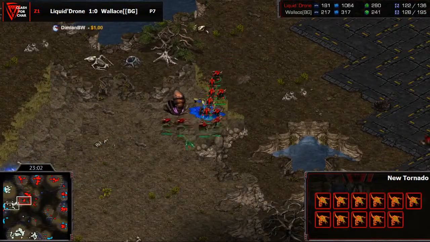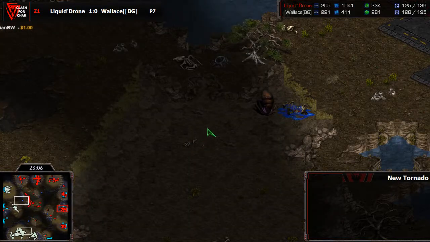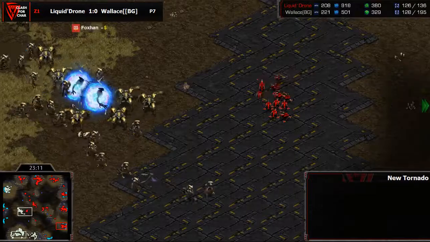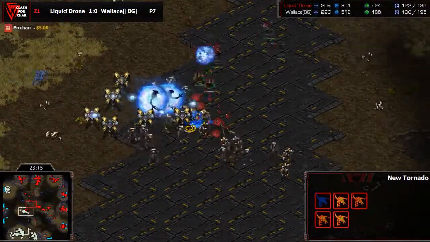Some adrenaline or some cracklings actually come in, trapping a single dragoon on the ramp. I mean, Wallace is doing an incredible job trying to stay in this game. He does not want to lose, because if he does lose this game, he will lose the series and will be out of the tournament in...